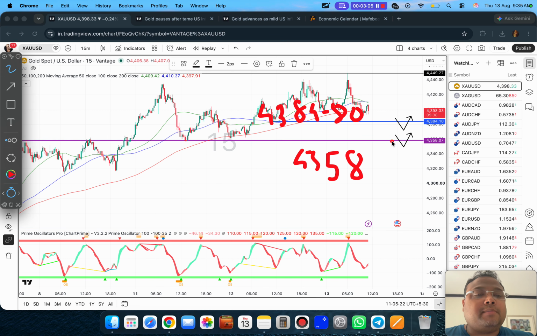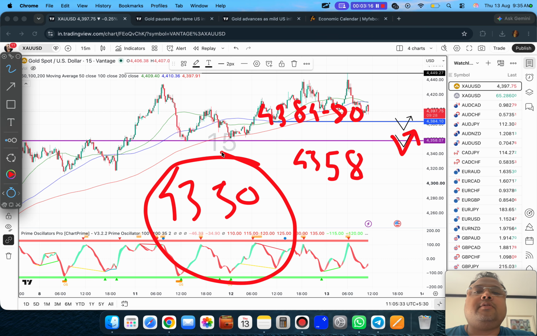So when the market comes up, you can look for a buy around 4358, 4384. If the market takes support around 4350, there also you can look for a buy position. Keep in mind, these levels are not very reliable. They are not major support levels. But still, as a day trader, if you want some trades, you can try to buy around 4384, 4358 after a liquidity grab. But if you are on a tight budget, you do not have much capital, and you need only good trades, then it's better to take a day off.